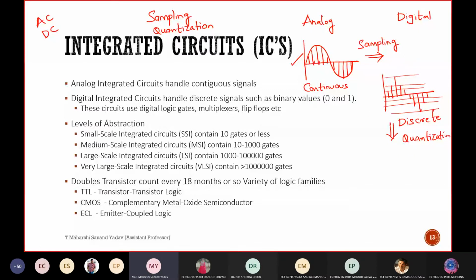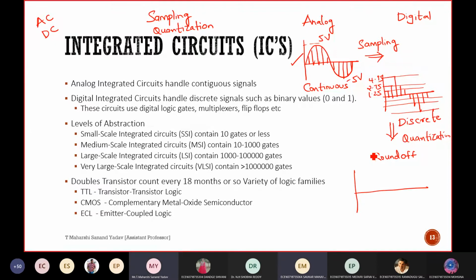Why should I do like this? To convert an analog into digital? To get the exact value. To round off the errors. Suppose I'm considering this peak value as 5 volt and this one as minus 5 volt, and after sampling, suppose I'm considering this value as 1.25, this one as 2.75, this as 4.95, and now you tell me what will happen after doing quantization.